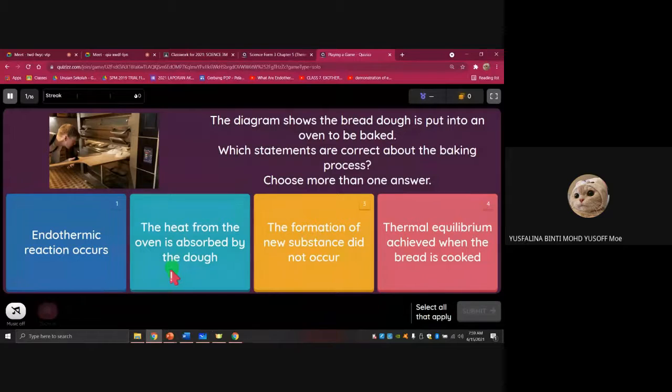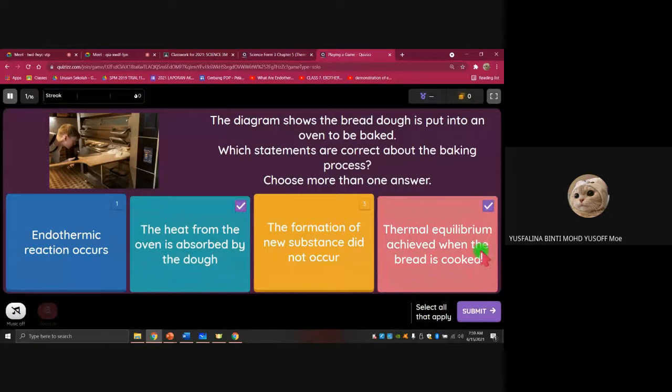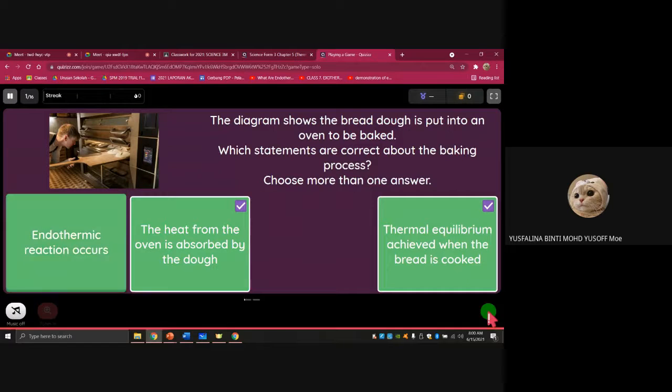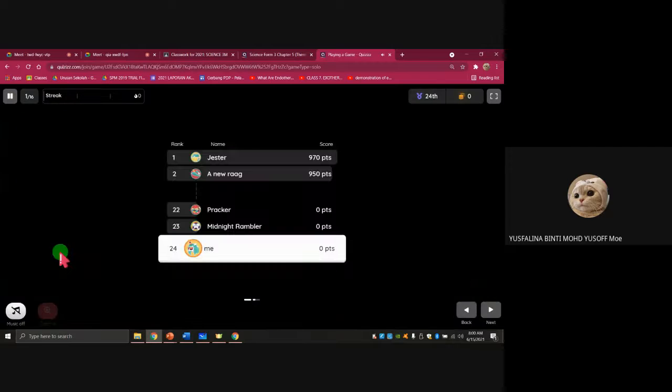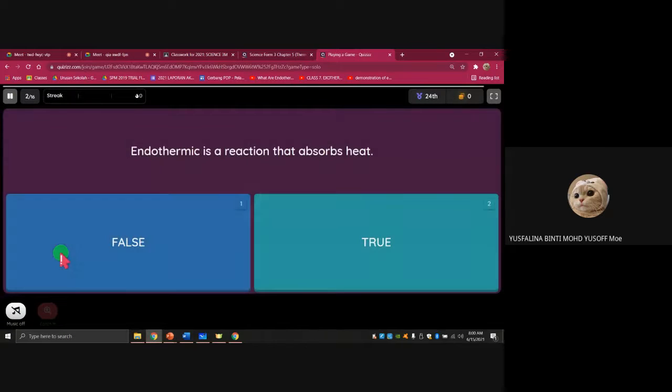2 and 4. Oh, so is this endothermic or exothermic? So only 2 and 4. That is your answer. Right. So it's okay. So let's see whether it's correct or not. Actually, this one is endothermic because you absorb the heat from the hot air, from the oven. So this is the endothermic. So you miss one answer. Okay, that is the endothermic reaction. Okay, so another